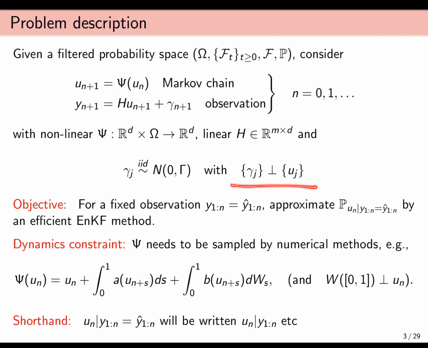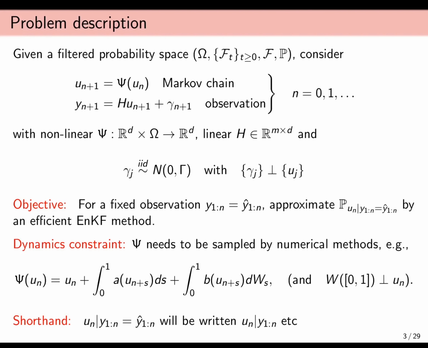We have some independence relation between the different random sequences. So the dynamics itself is assumed to be the solution of an Ito stochastic differential equation, where for every simulation from time n to time n+1, the driving noise over that time interval is independent from all the previous states.